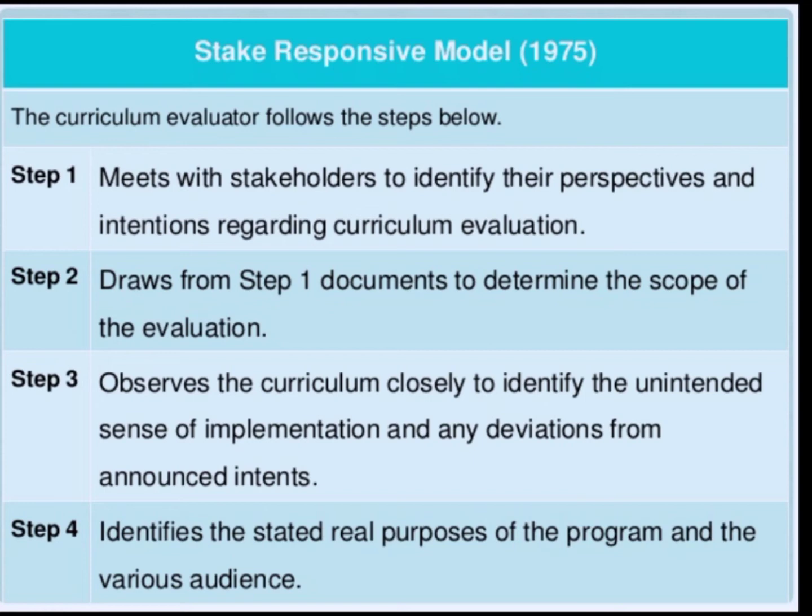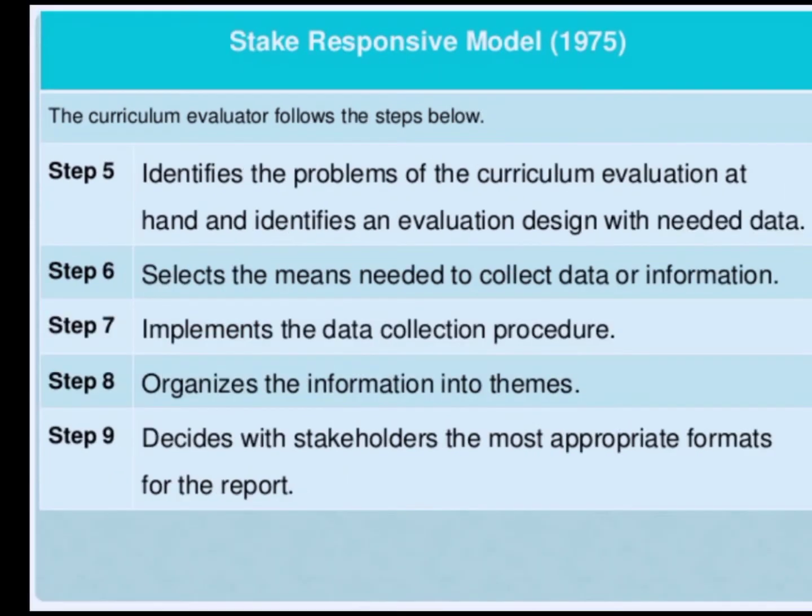So, step 1, meet with stakeholders to identify their perspective and intention regarding curriculum evaluation. Second step, draw from step 1 documents to determine the scope of the evaluation. Third step, observe the curriculum closely to identify the unintended sense of implementation and any deviations from announced intent. The fourth is identify the stated and real purpose of the program and the various